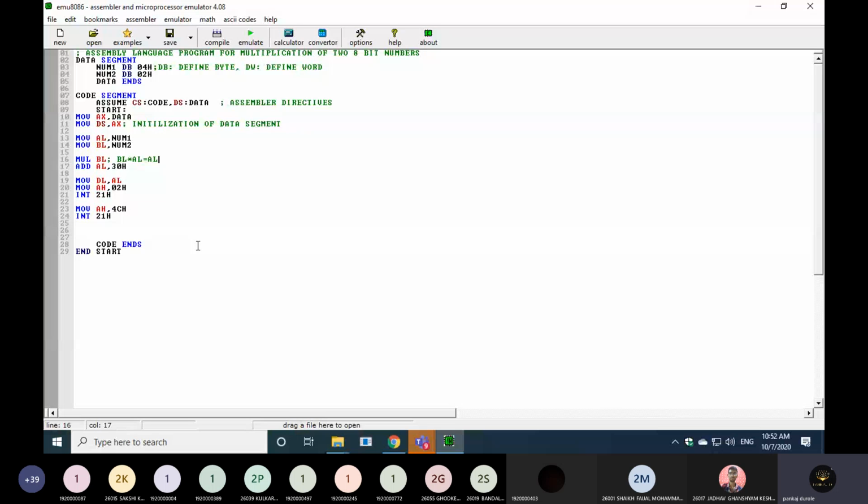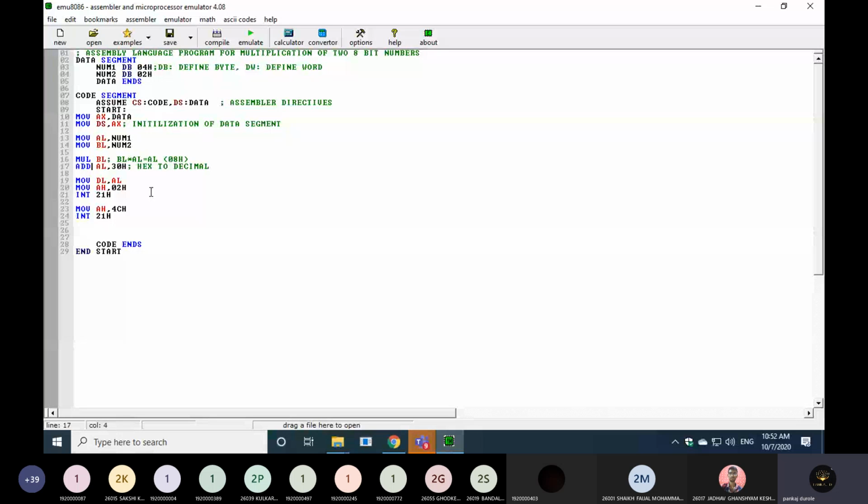Now inside the AL, actually not 8 will be stored, but the hexadecimal value 8h will be stored. And what the user expects is a decimal value. To convert the hexadecimal value to decimal, we are supposed to use the instruction ADD AL, 30h.